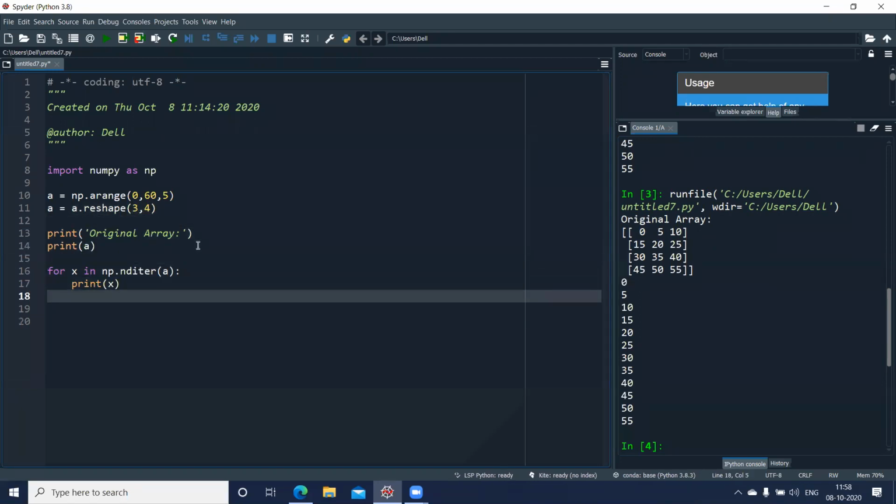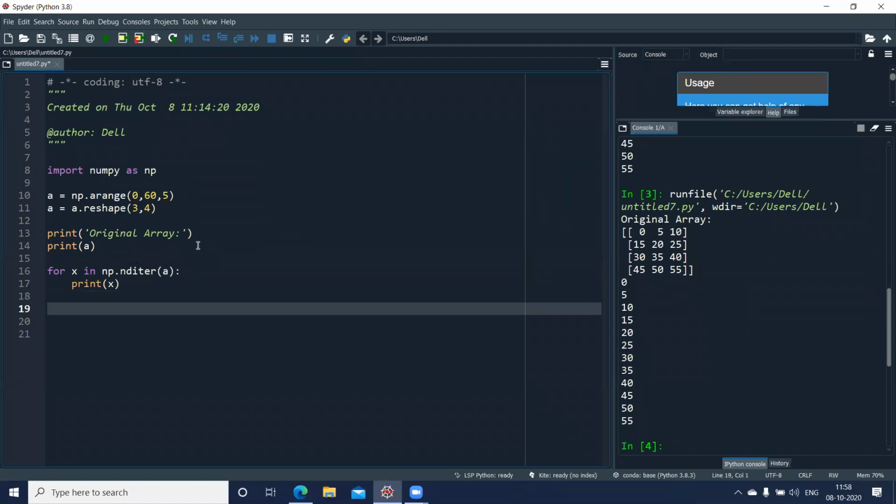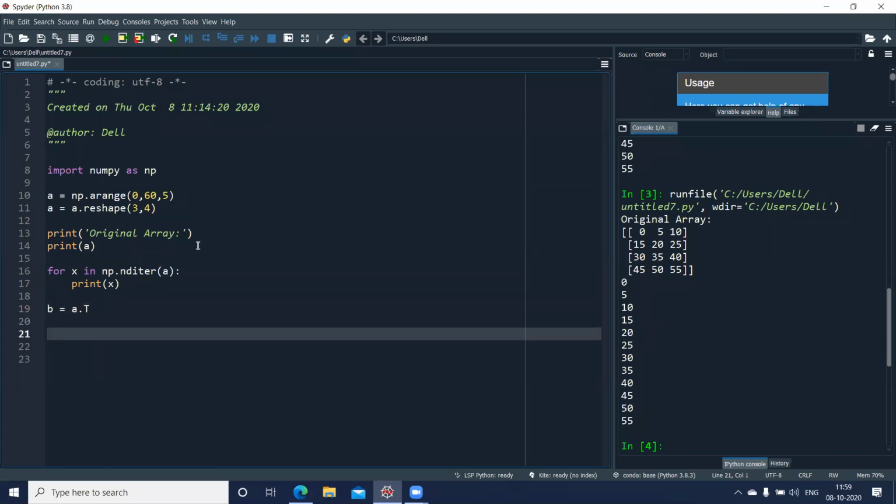What is the function to find the transpose of an array? If you remember, I had used T. So the name of the array dot capital letter T will give me the transpose of the array and store it in the variable B. So B is my new array with a new dimension. The rows will become columns and the columns are going to become rows.